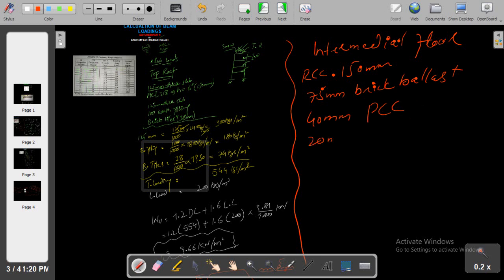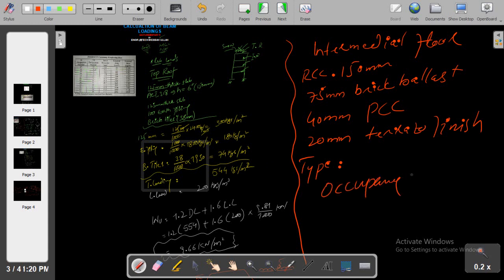And we have 20 mm thick terrazzo finishing, and then we have occupancy type office building. So we'll go to that chart and we will find the live load for this type of occupancy,